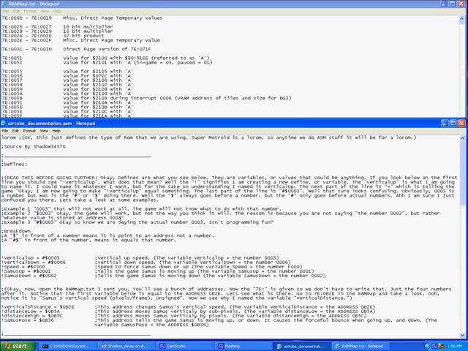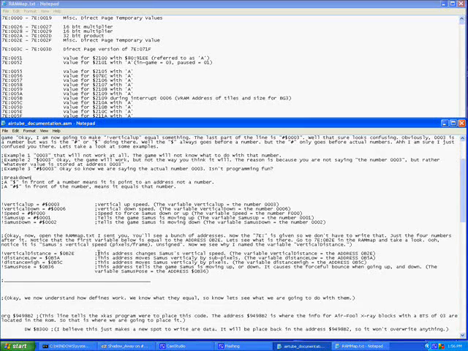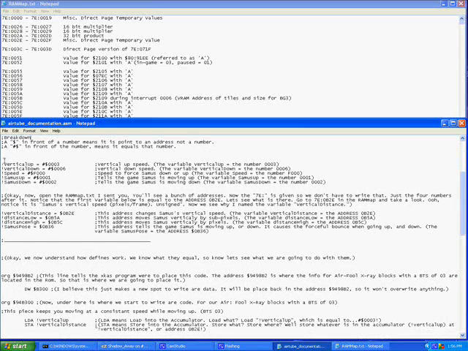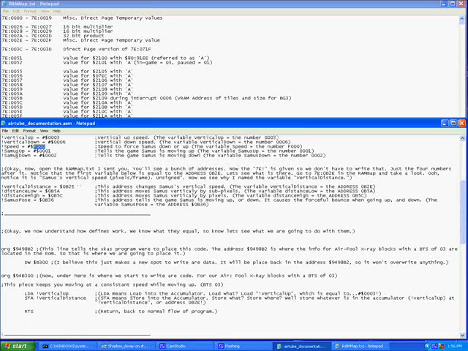So, let's check out the different variables we have here. The variable vertical up is equal to the number 3 because we have our pound sign in front of it. Vertical down is equal to 006. Now all these are in hex, just so you know, because speed equals F000, which is the number, so that one equals F00 and so on. But now, this pretty much just explains what I just told you a second ago, that everything in 7E is given. So when you write an address, it's going to look it up in 7E, like right here. So if you notice, in vertical distance,